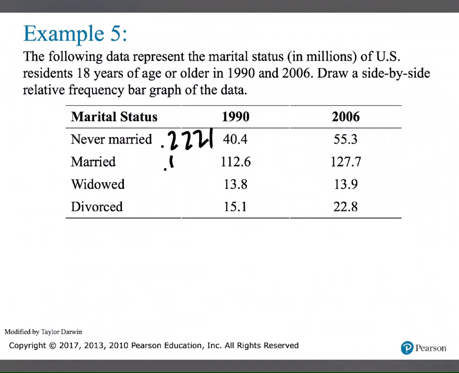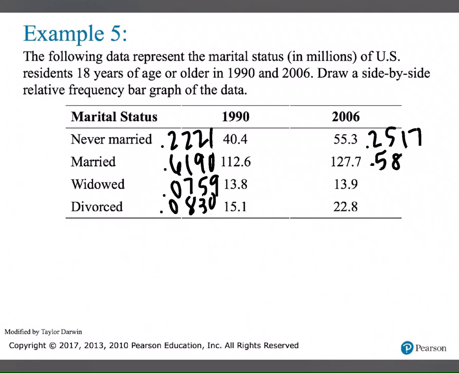0.2221, 0.6190, 0.0759, and 0.0830. Then I'm going to do the same for 2006. I get 0.2517, 0.5812, 0.0633, and 0.10 1083. And I'm going to make a side-by-side bar graph, and I'm going to try my best with the space